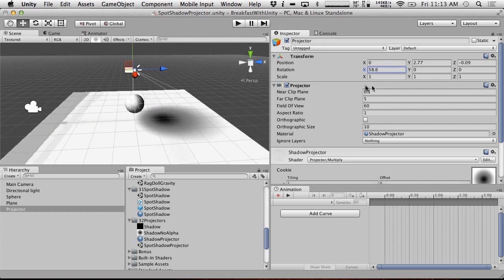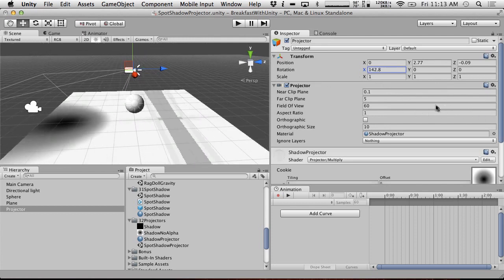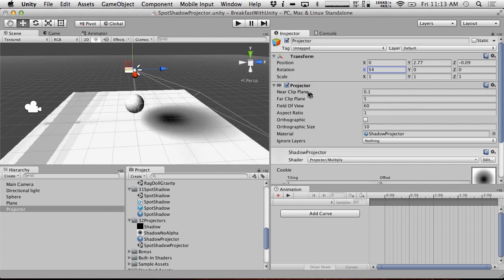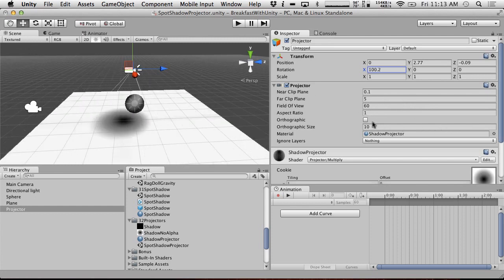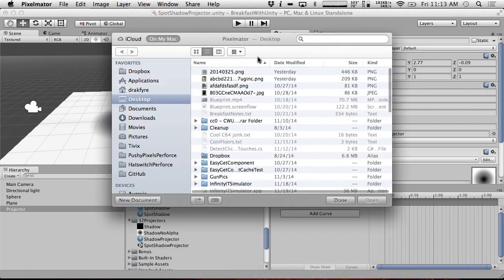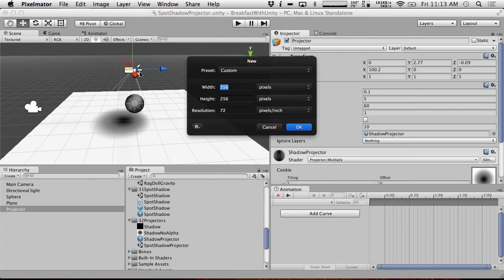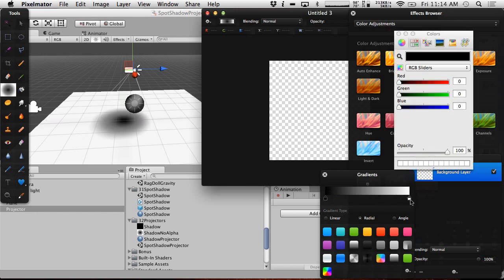I have a feeling this has something to do with how I set my textures. Okay, so this is all weird. All right, let's see here. I'm gonna try setting up a shadow. I'm gonna open up Pixelmator and make one more shadow. I wanted to avoid having to actually open it up and do this and just have it all ready for the show. So let's actually do it with my newfound knowledge of we want it to be white to